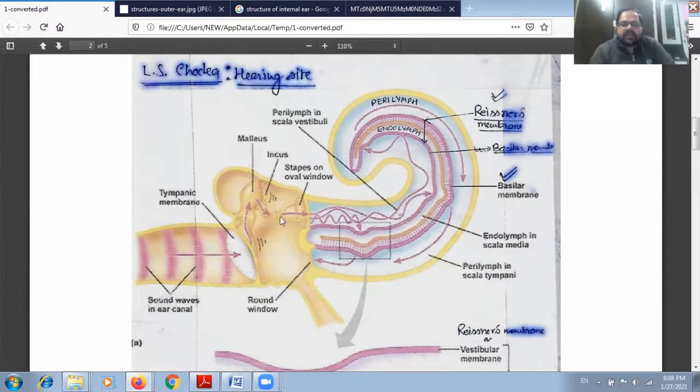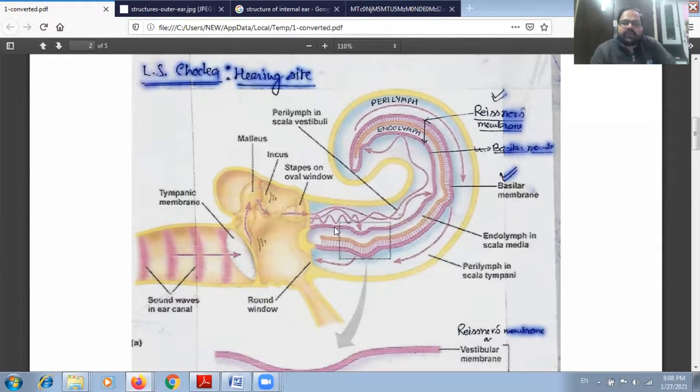And the last bone or last ear ossicle, as we know, is the stapes. It is attached with the oval window. So again, this vibration hits the oval window, and by the vibration of this oval window, the perilymph is